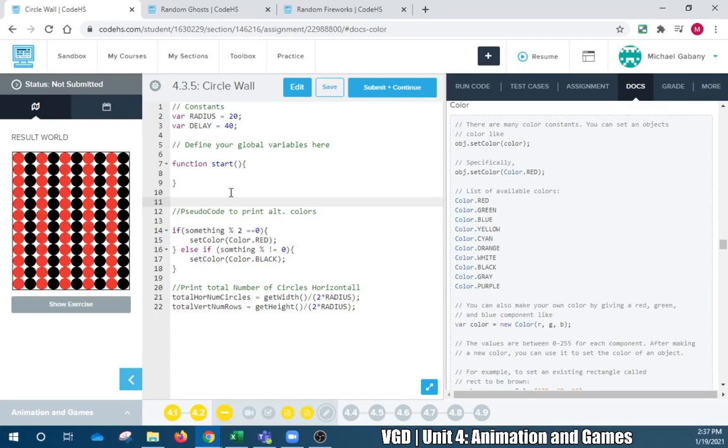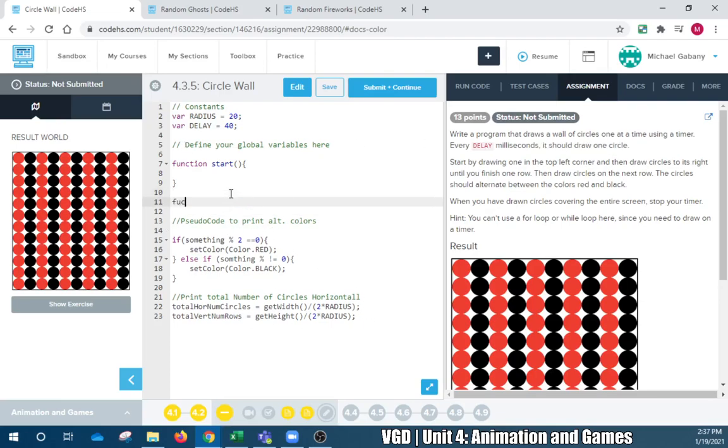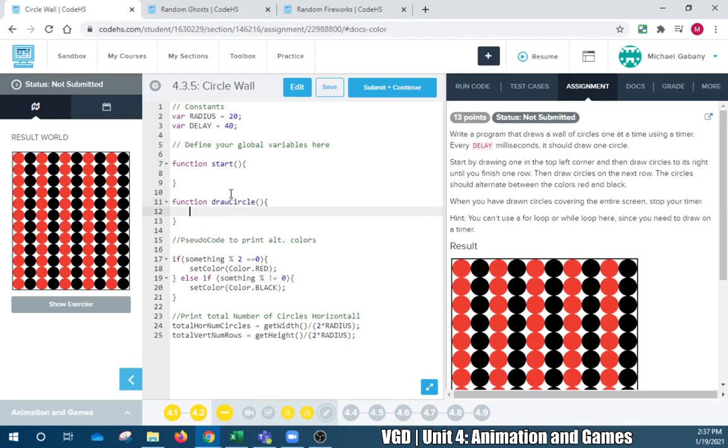Oh, okay, so the assignment says draw one circle, right? So draw circle. That's the code that we're going to have to write. And when we draw a circle,